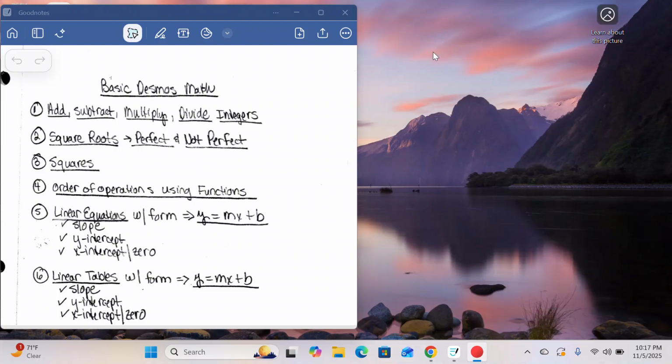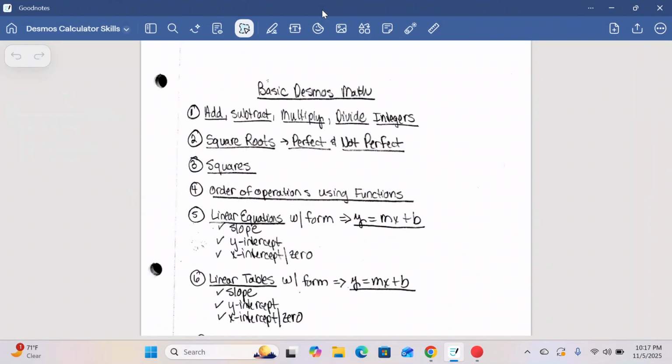the Desmos calculator to teach you some basics on Desmos. So number one, just a little bit about what we're going to learn today. We're going to learn how to use the Desmos calculator with adding, subtracting, multiplying, and dividing integers. We're going to talk a little bit about square roots, how to calculate square roots, whether they're perfect or not perfect square roots. We're going to talk about squares. We're going to talk about order of operations using the functions so we can learn how to do that in